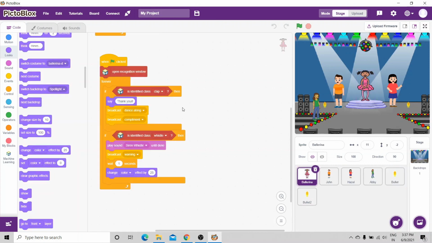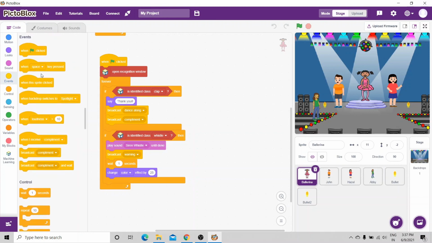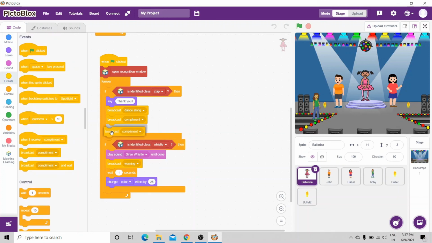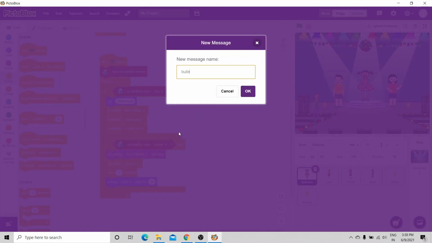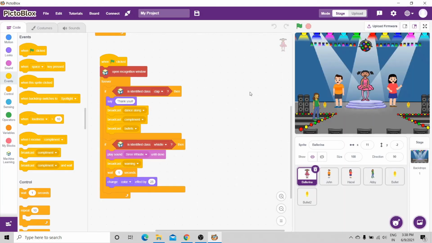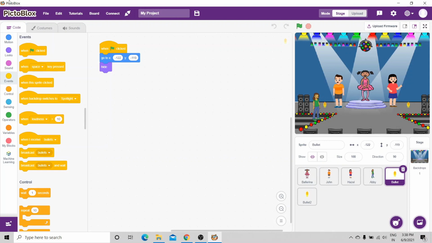Now I'm going to go to Ballerina, and this is the last message. Ballerina is going to message the bullets: start doing your work. Bullets, start doing your work. So I'm going to broadcast a message called bullets. And these two bullets will receive it. So when I receive bullets,